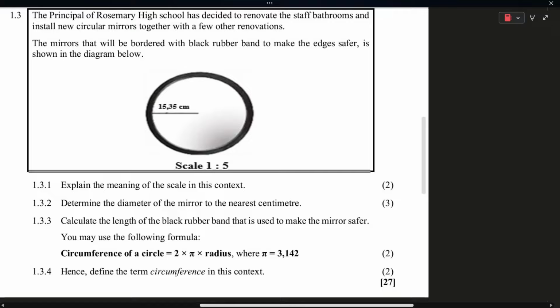Okay? Now, what is a scale? You hear that things are drawn in scale. What is a scale? You see? All right. A scale represents, since this one is in centimeter, so this scale represents that 1 centimeter on the map, 1 centimeter on the map